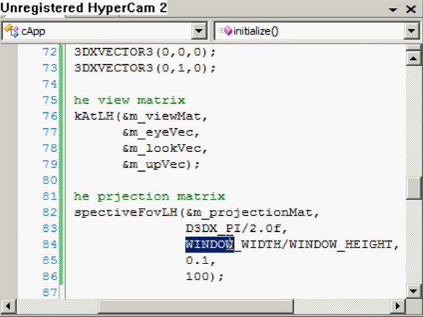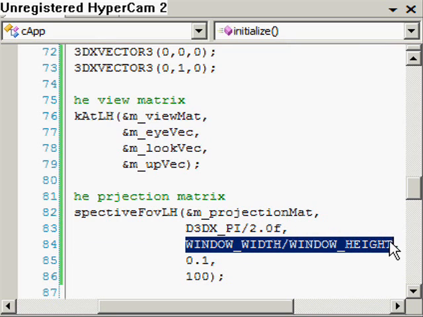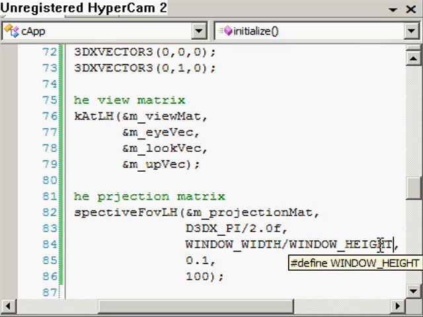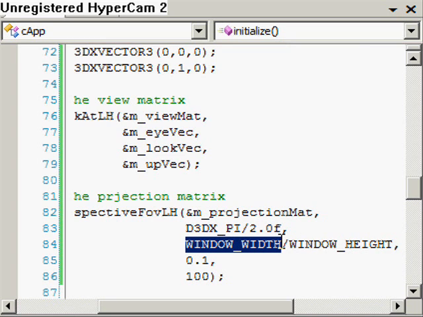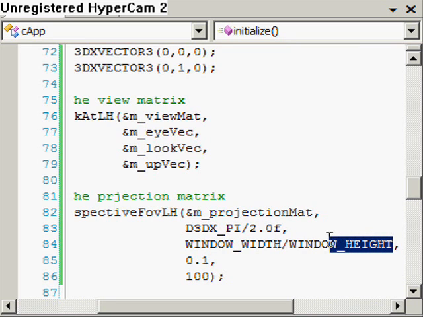The next one is the window width over the window height, and this is the aspect ratio of the camera or our screen. We should make it the same as the screen, or it'll start to distort. Just experiment putting these numbers in. Basically this is just the ratio of the width to the height of any geometry that we're going to draw. So by declaring it as the same as the window width divided by the window height, then we're going to see it as we expect to see